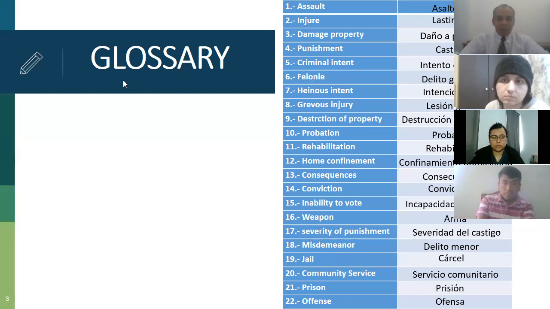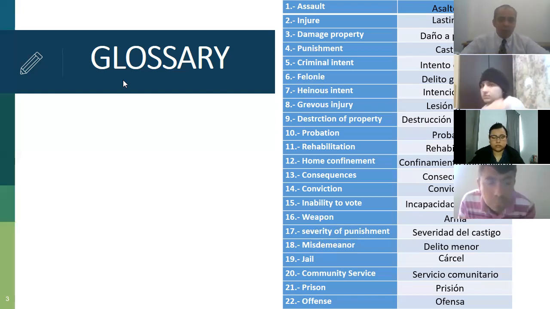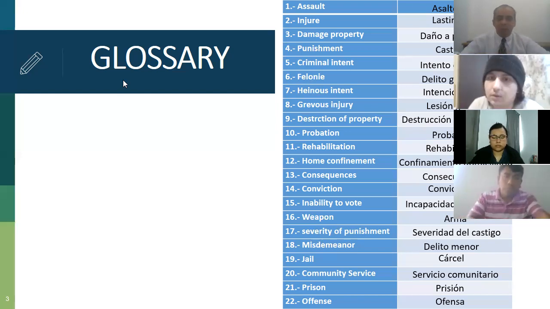Okay. With these words, now we have a clear vision of the class. So pay attention to those terms, because we are going to talk about them in the class. Well,